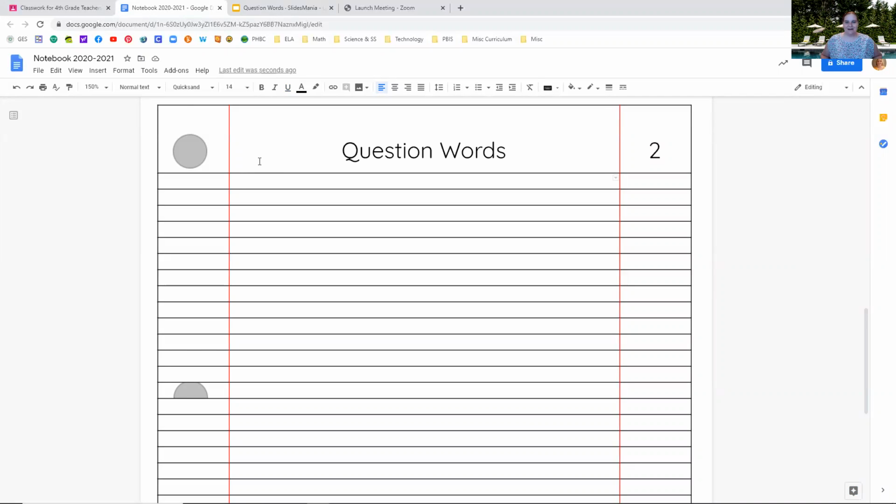That's the best example of columns that I can give you. So we're going to be setting up 2 columns, 2 sections on our paper. The title on the left-hand side is going to be question word. And I'm going to underline that